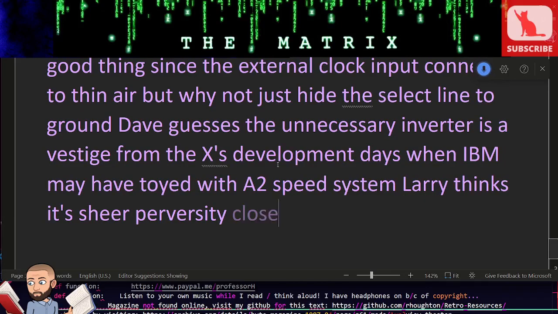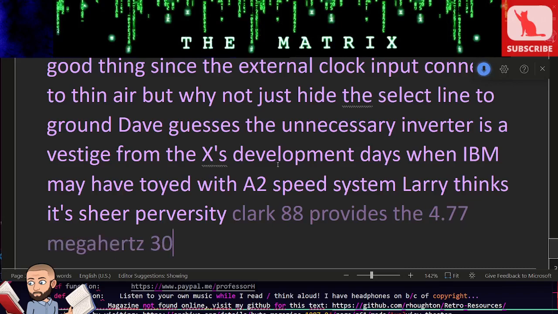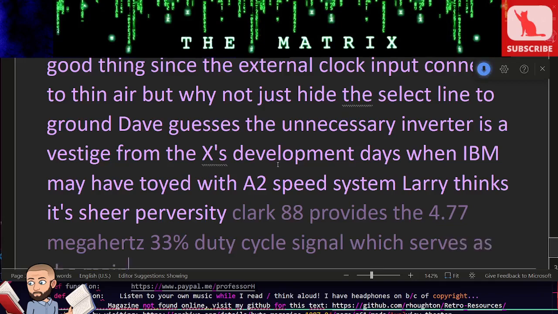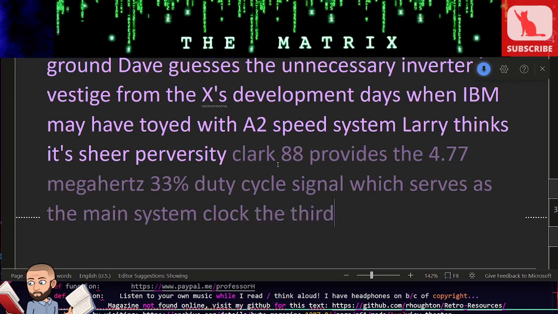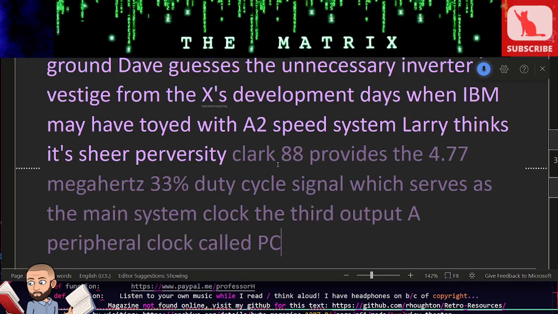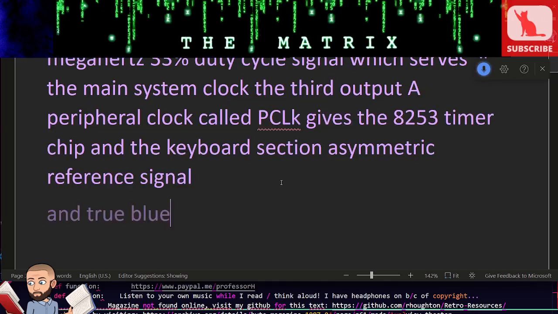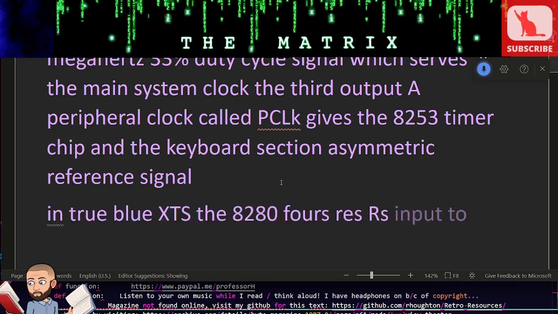CLK88 provides the 4.77 MHz, 33% duty cycle signal, which serves as the main system clock. The third output, a peripheral clock called PCLK, gives the 8253 timer chip and the keyboard section a symmetric reference signal. In true blue XTs, the 8284's RES input connects to a